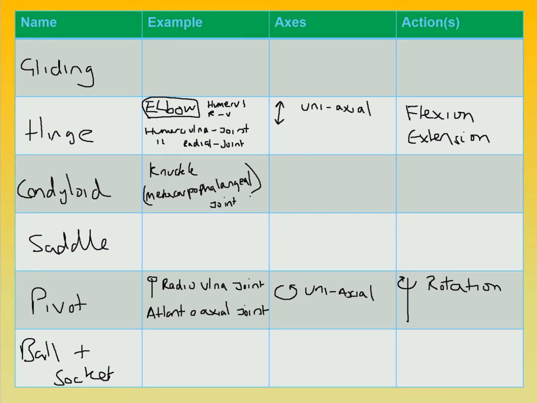Now, if you hold one finger up, hold your pointy finger up. Now you can move that finger forward and backwards, that's one axis. So point to the screen and back again. But that finger can also go from left to right, as if you're wagging a naughty finger. So it can go forwards and backwards, but it can also go left and right, and that's what we mean by axes. So we call this biaxial,